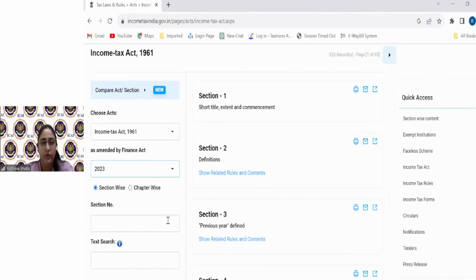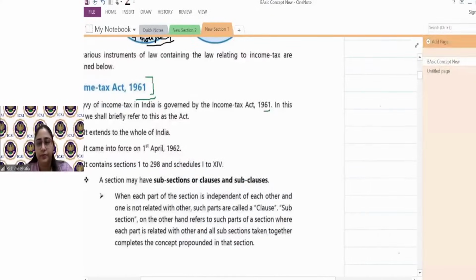Now, one thing you have to remember, students, before I take you more deep into this: an act is actually a huge law, right? It can be small laws also. कुछ acts 4-5 pages के होते हैं. Some laws are hundreds and hundreds of pages. So each act is divided. It will have a preamble to it. Then it would be divided into chapters. Each part of the act is divided into different chapters. Then चैप्टर्स के अंदर there would be sections.